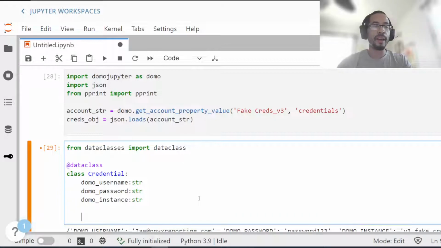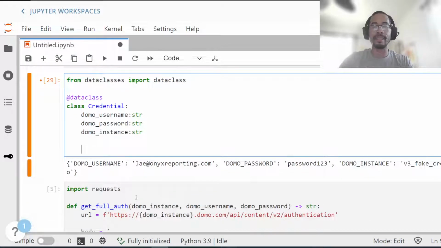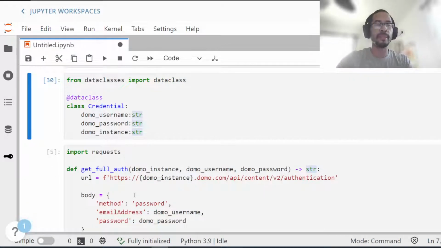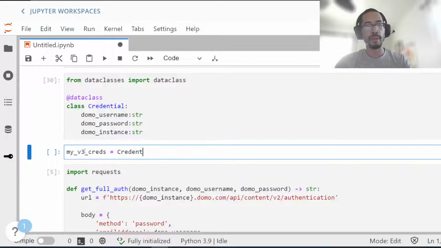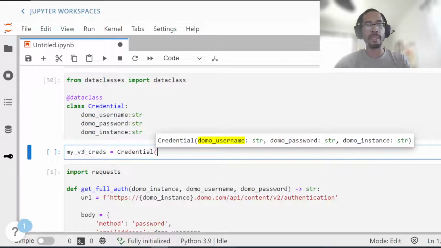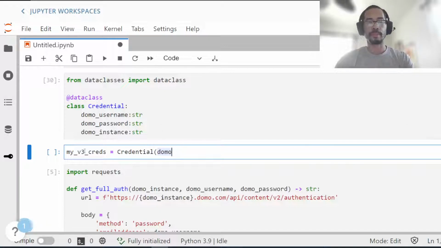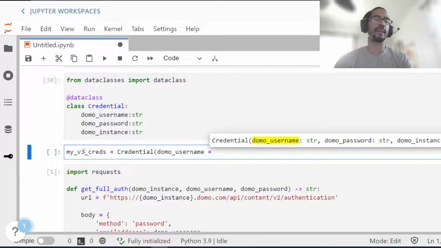Now, if I want to create an instance of the credential class, I could say, hey, let's say my creds, let's call them my v3 creds, is equal to Credential, and I want to instantiate it with the values Domo username is equal to